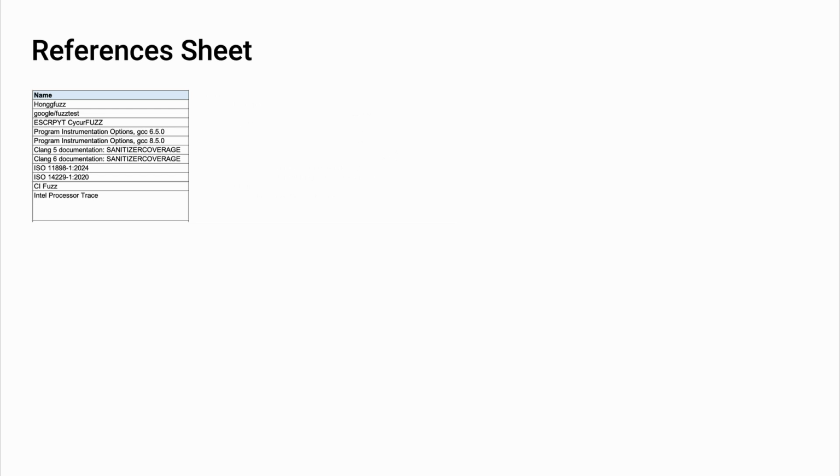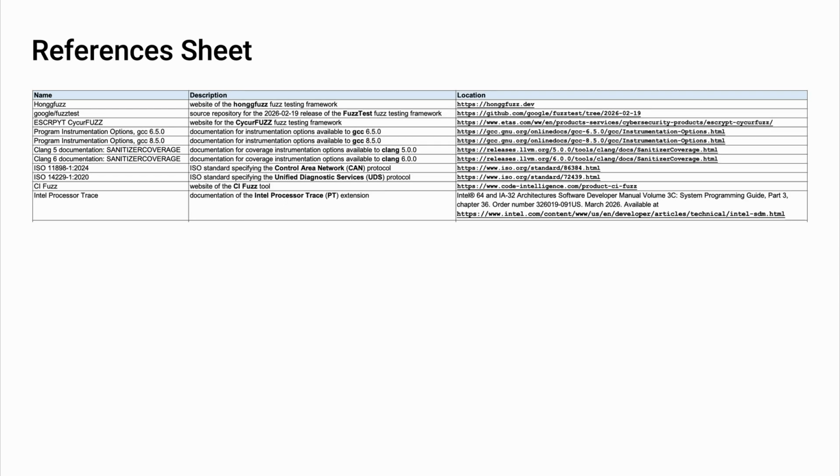In the references sheet, what we have are the name, description, and location of the material we use to construct the information in the remainder of the workbook. Here, since we're dealing with fuzz testing frameworks, we're going to make sure that we enumerate all of those frameworks and provide the relevant references to them. Additionally, since we're going to be doing categorization, we need to include any relevant references that we use in order